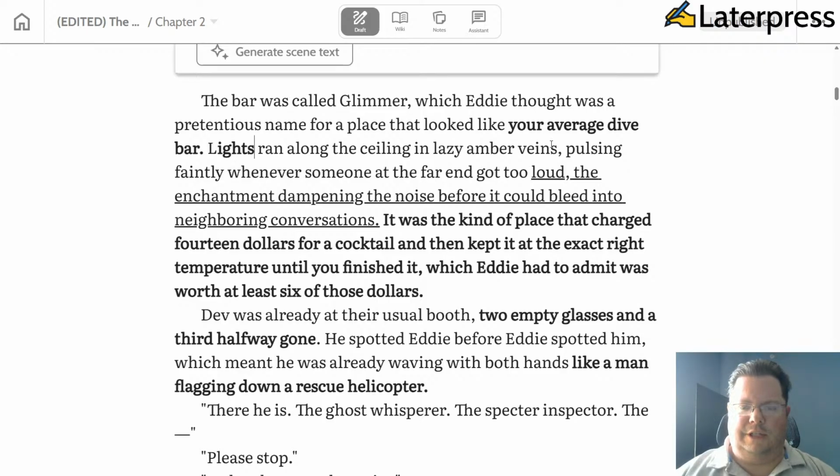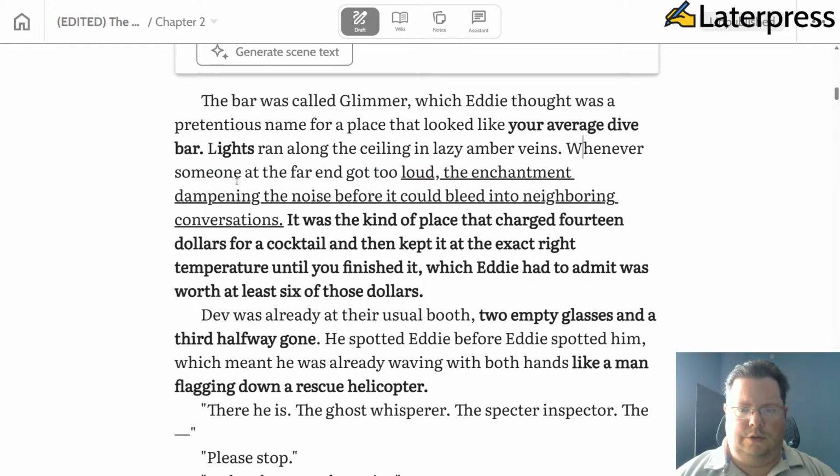Lights ran along the ceiling in lazy amber veins, pulsing faintly whenever someone at the far end of the bar got too loud. All right, so let's change this. Lights ran along the ceiling in lazy amber veins. Whenever someone at the far end of the bar got too loud,